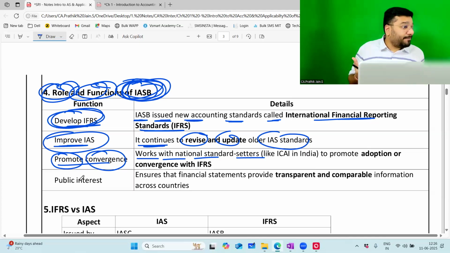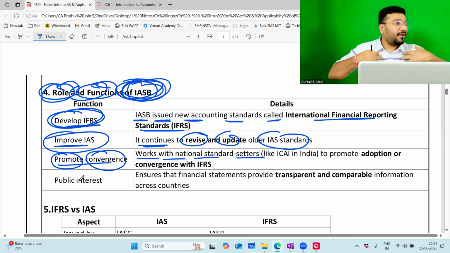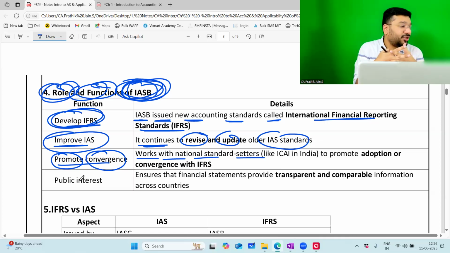People who were brainy, who wanted to spend time to understand what is IFRS and whether it will suit my country or not, had a separate committee in the respective countries. They tried to understand IFRS and their legal system, and came out with different accounting standards called Ind-AS, which suits our country. So in India, we did not adopt IFRS as it is. We converged with IFRS through a standard called Ind-AS.